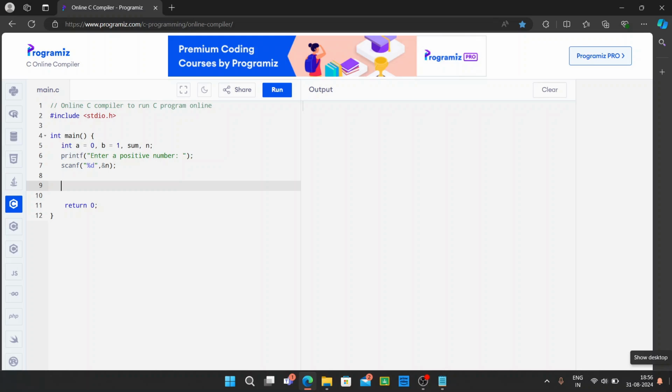So now we will be using a for loop, for int i is equal to 1, i is smaller than or equal to n, and i plus plus. In the for loop, we will be using a print statement, printf %d because it is an integer, backslash n for new line, comma a. So what we are doing, we are basically printing the first value of the series, that is a,